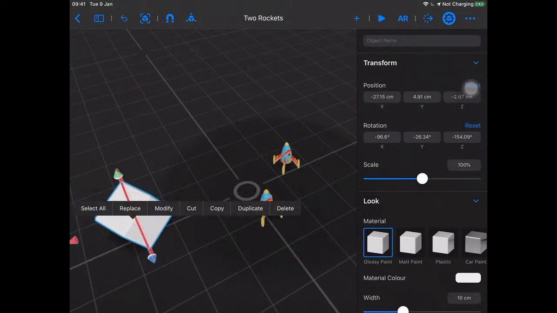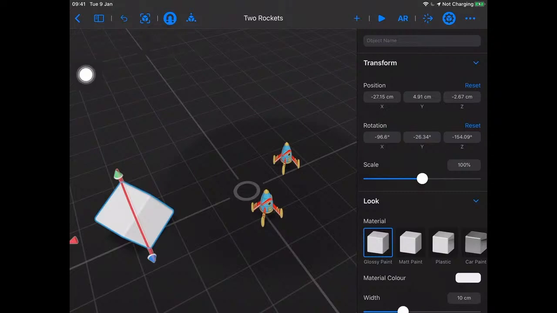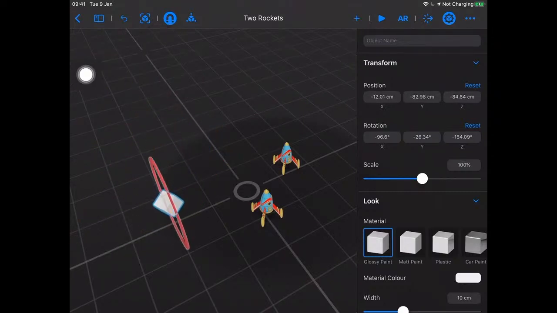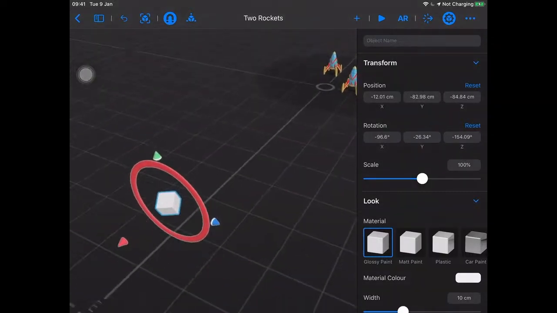So you don't have to worry about, oh man, which one am I translating again? You can actually see it and feel it. All right, so this is with the magnet off. So if I tap on the magnet button and it's blue now, that tells me that it's on. Now when I move it, it's going to try to snap to things. So if I get close to the ground, say,